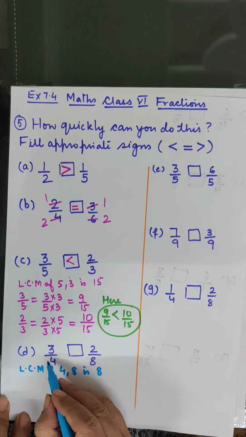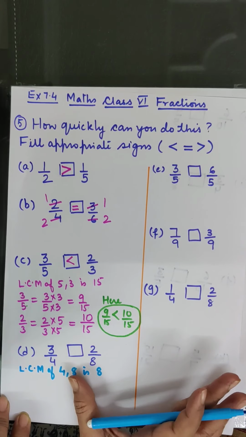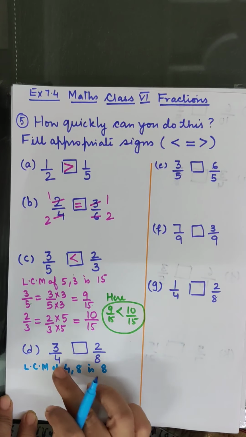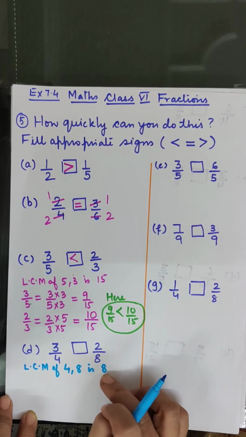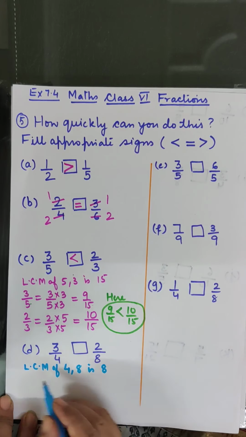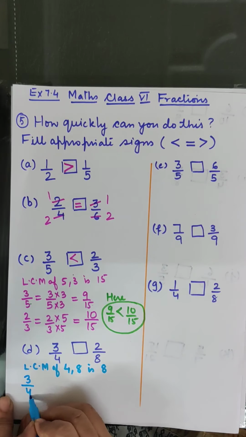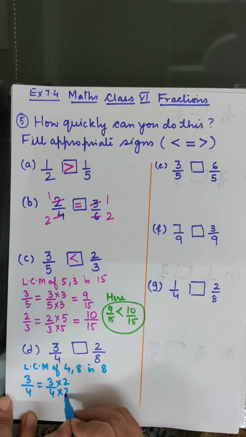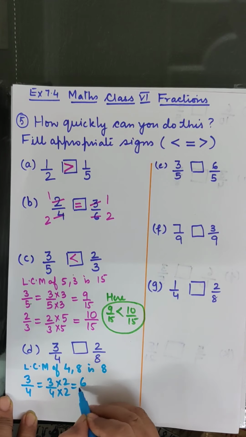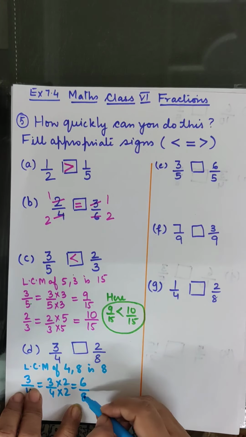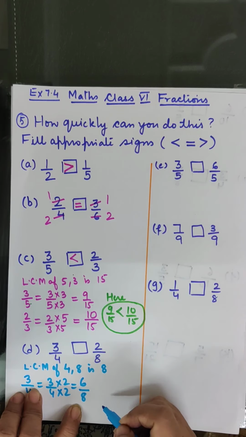क्योंकि हम इन दोनों फ्रैक्शंस को लाइक फ्रैक्शंस में कन्वर्ट कर रहे हैं विद द सेम डिनोमिनेटर. और वो डिनोमिनेटर क्या होना चाहिए? 8. और वो कैसे मिला? बाय टेकिंग द एलसीएम ऑफ दीज टू. ठीक. सो वी कैन राइट नाउ 3 upon 4 as 3 upon 4 into 2 into 2. So 3 2s are 6 and 4 2s are 8. So now we have here 6 upon 8 and 2 upon 8.